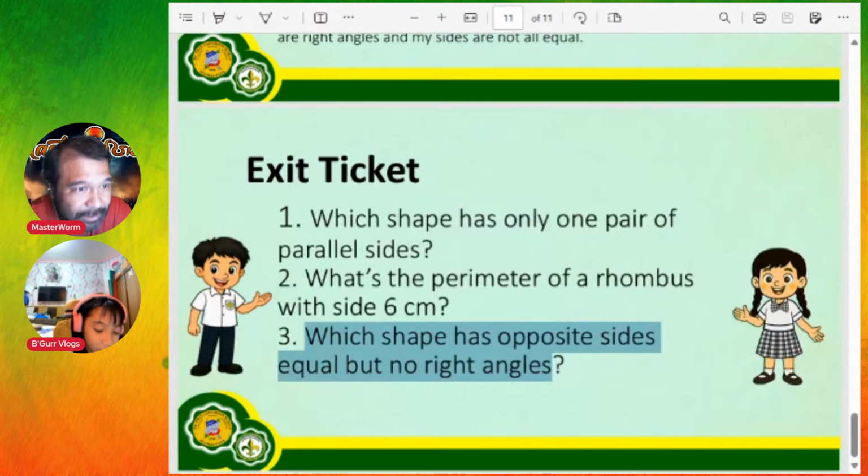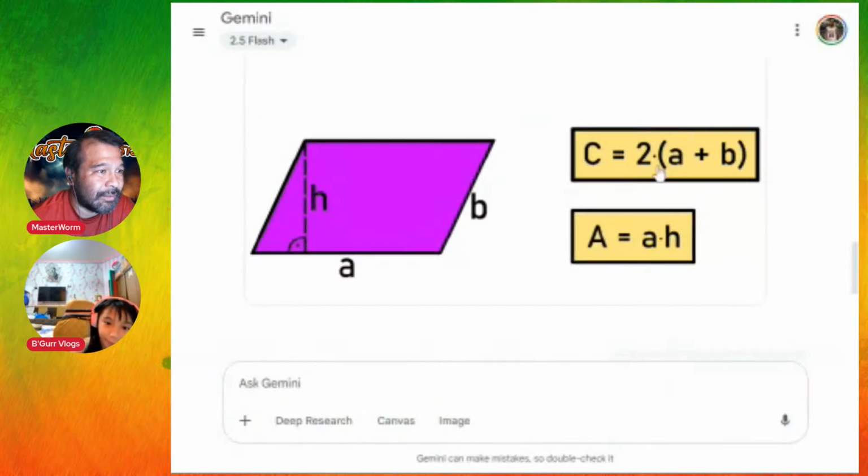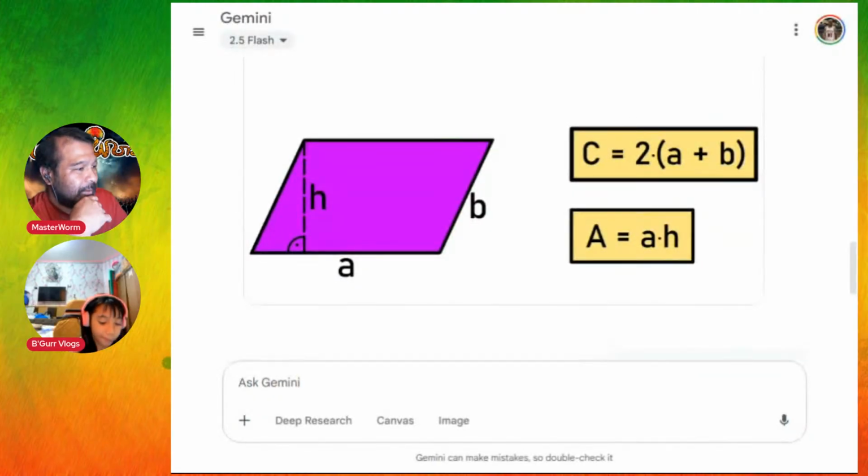So this is the example. The instruction is which shape has opposite sides equal but no right angles. This is the one here. You see that one? They have equal sides, opposite sides are equal, but there's no right angle. So this is what you call,